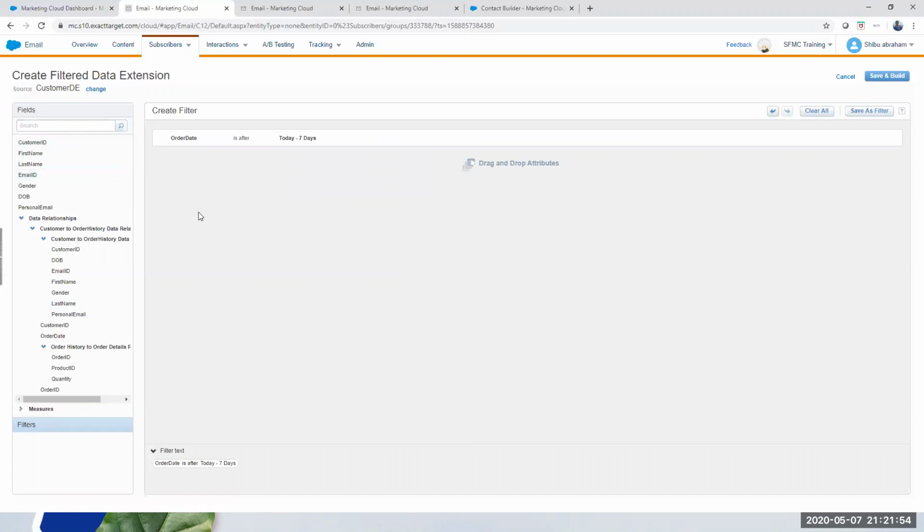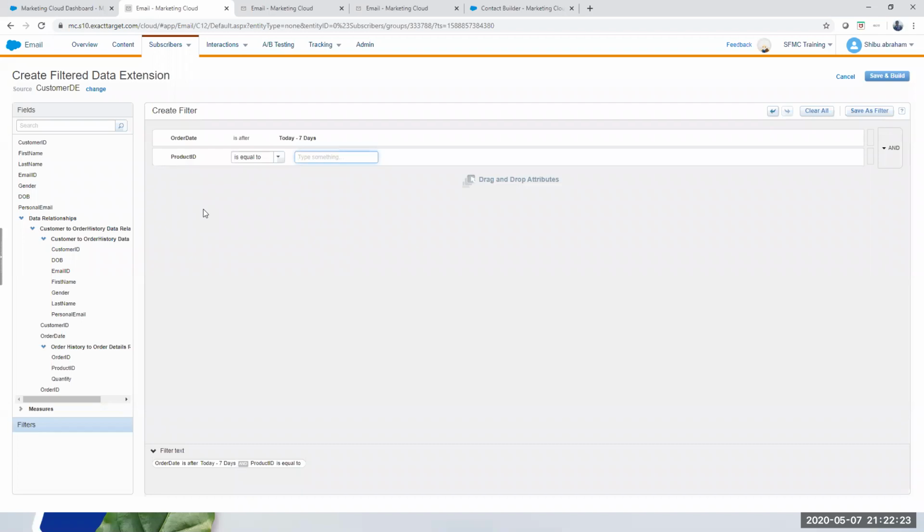Now, sometimes I want to email a campaign out, or send a specific voucher or offer to somebody who has actually purchased a specific product from us. In that particular case, I can even include this: the product ID is equal to something, and they have actually bought from us in the last 7 days. So you see how we've now gone through 3 different data extensions and used the relational data to filter and get you the data. Okay. So it's quite flexible.